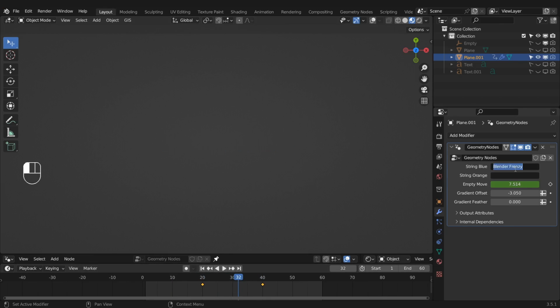change the text. So let's do geometry nodes is the bomb.com. Okay, so now we have a problem. If we play this, you can see that our animation only goes to about a little over half of our